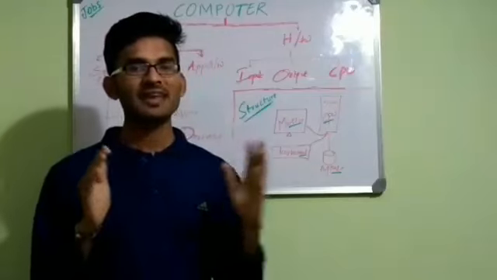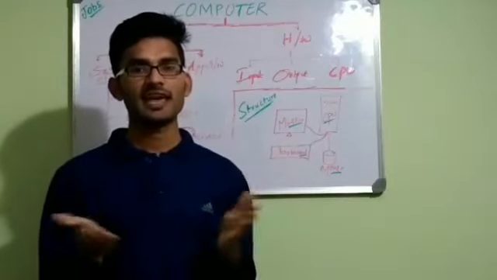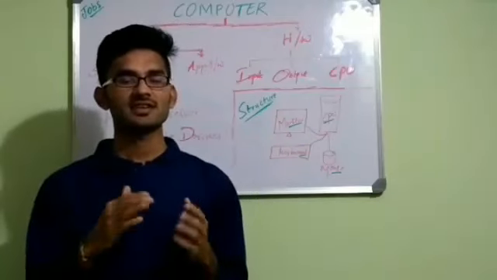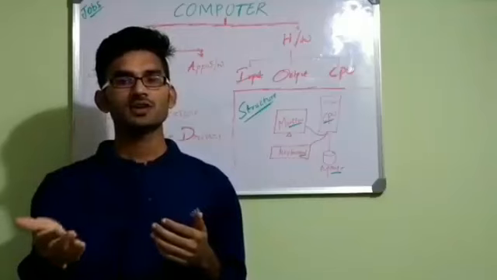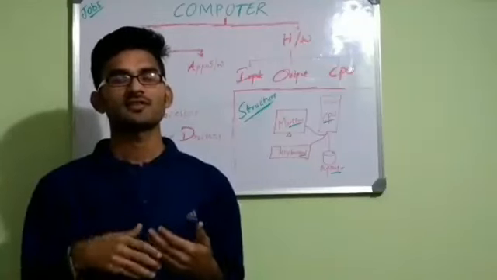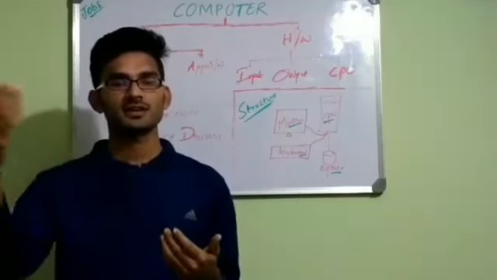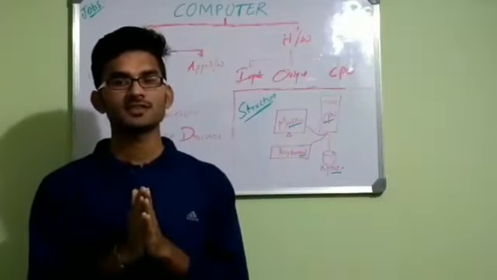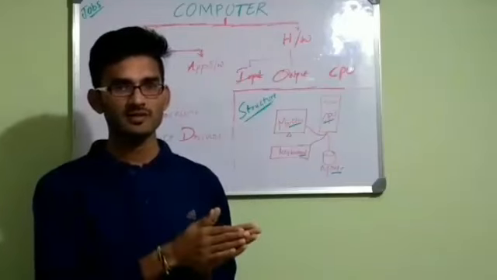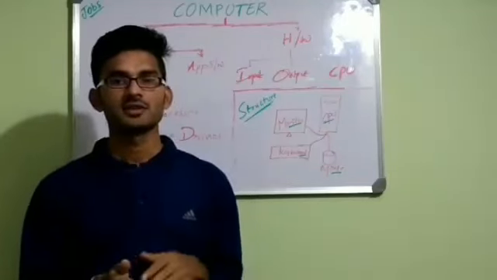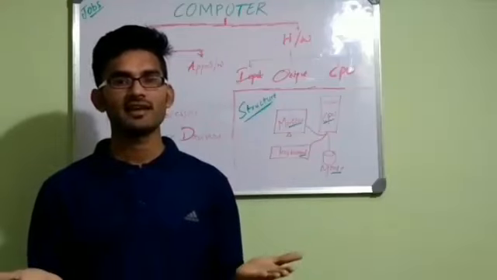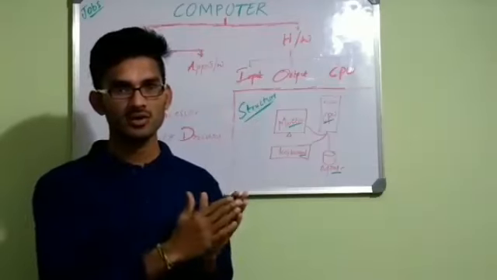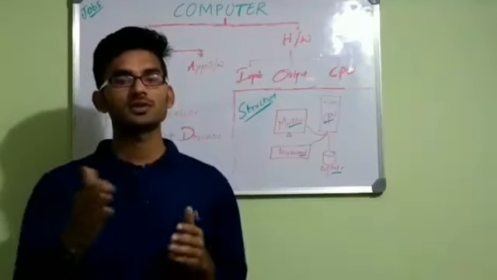Coming to programming languages. A programming language is nothing but the way we interact with the operating system, and through it we indirectly interact with the computer hardware. Programming languages can mainly be divided into two parts: low-level languages and high-level languages. What is a low-level language? In low-level languages, the code we write to the computer is